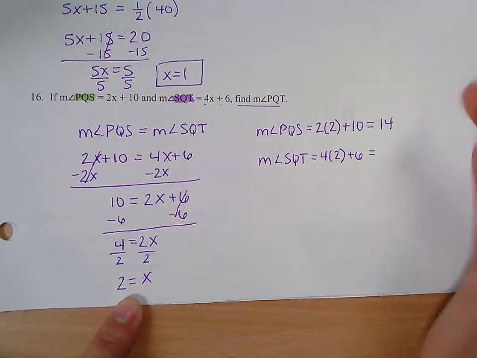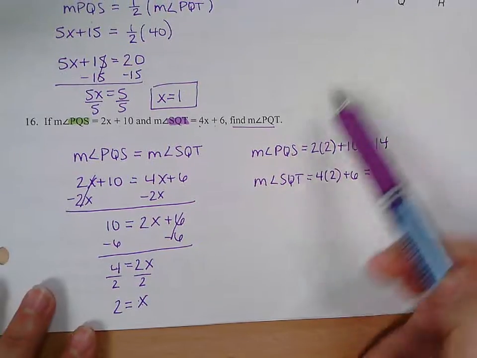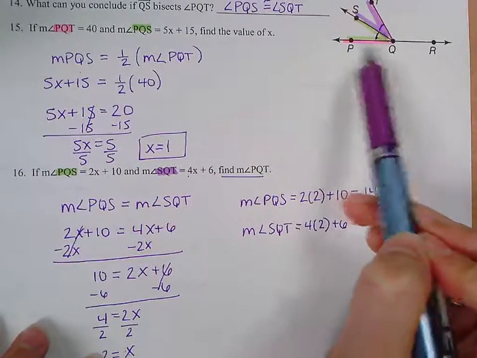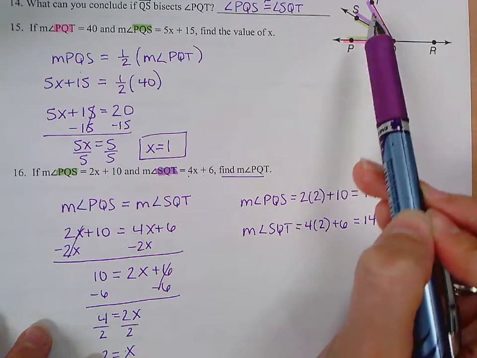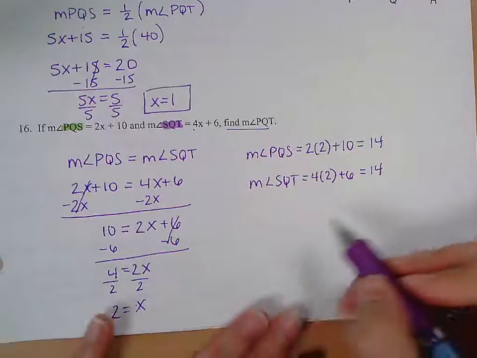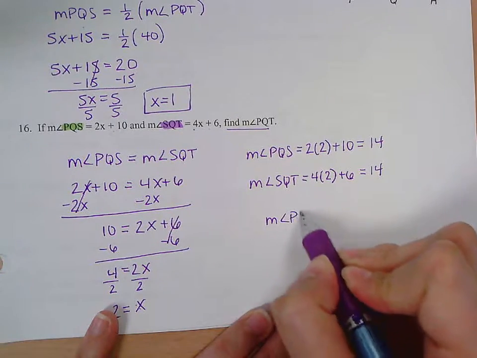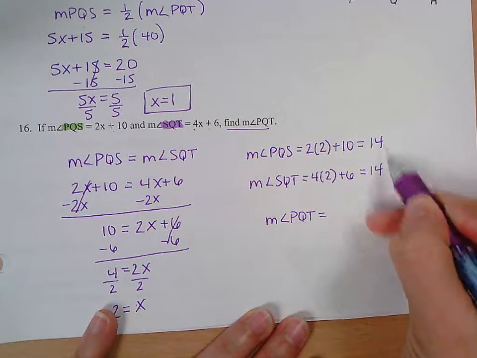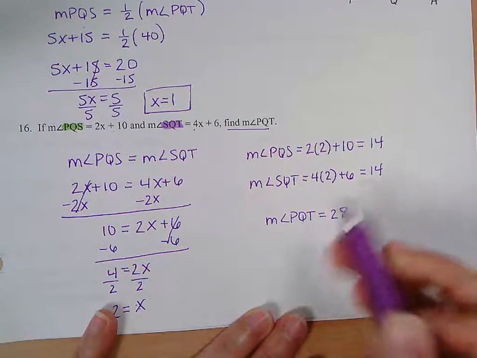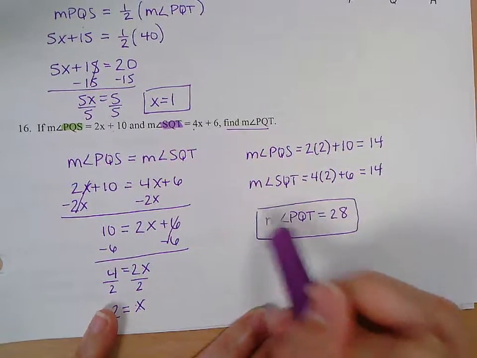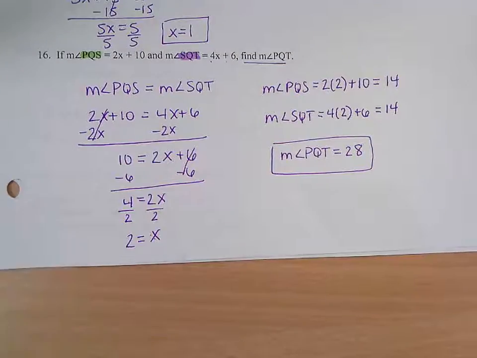So 8 plus 6, that is also 14. And then I'm looking for PQT, which is those two angles together. So measure of angle PQT would be 14 plus 14, which is 28. Okay, so there are ways for you to check in some cases, check to see if you're going